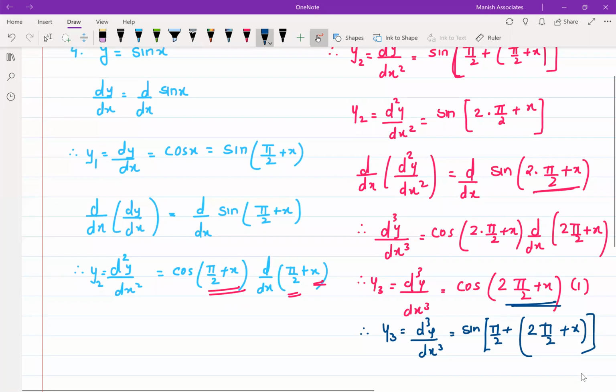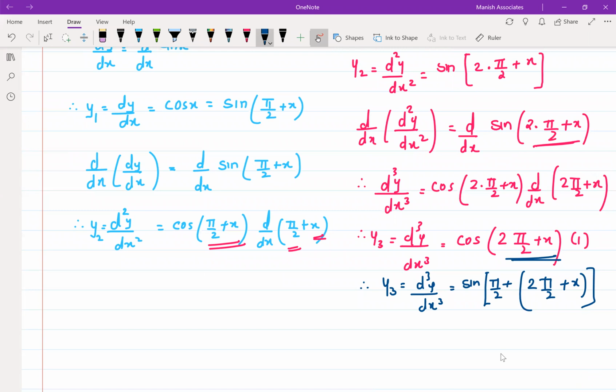If you allow me, I'll write it down, which I'm sure you all will agree that y3 is going to be equal to sine of pi by 2 plus 2 pi by 2, which is 3 pi by 2, plus x. Correct? Now I want to finalize my answer. See,